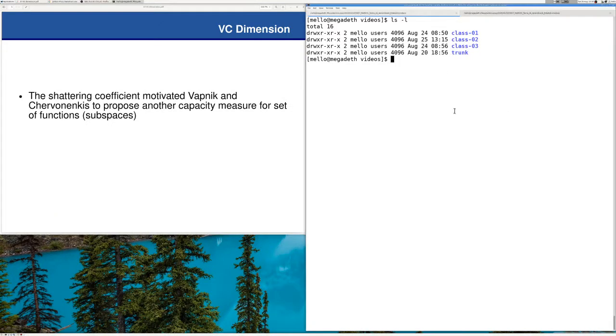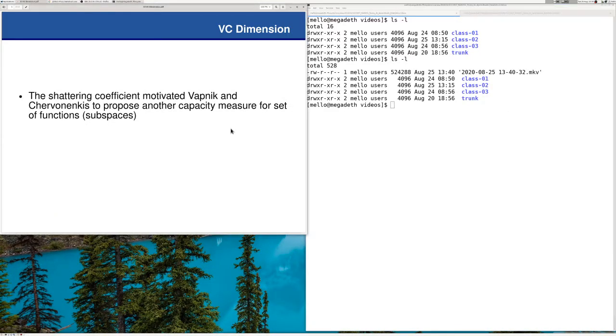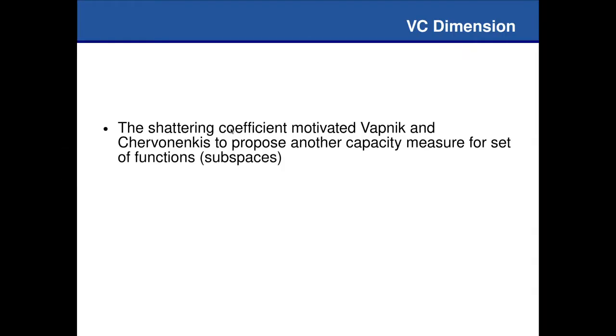Hello guys, now we get back to this class to work with the Vapnik-Chervonenkis dimension. The Vapnik-Chervonenkis dimension is a capacity measure. It tells us basically what is the greatest sample size that can be classified in every possible